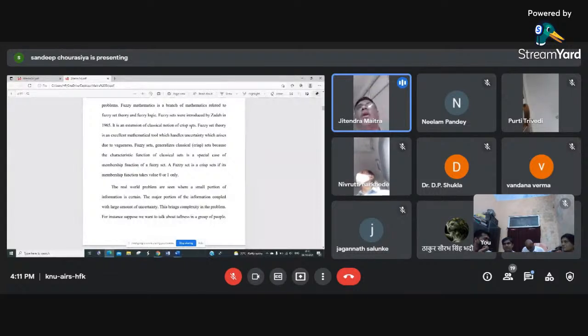Now this concept has become so important that in several branches, the concept of fuzzy sets is used. It is an extension of the classical notion of sets, which we call crisp sets. We call them crisp sets to distinguish between the abstract sets which we already studied and the fuzzy set. Crisp sets means the abstract sets which we have studied from school level.